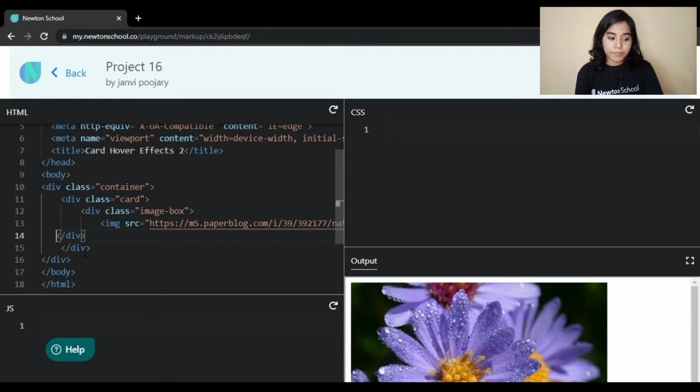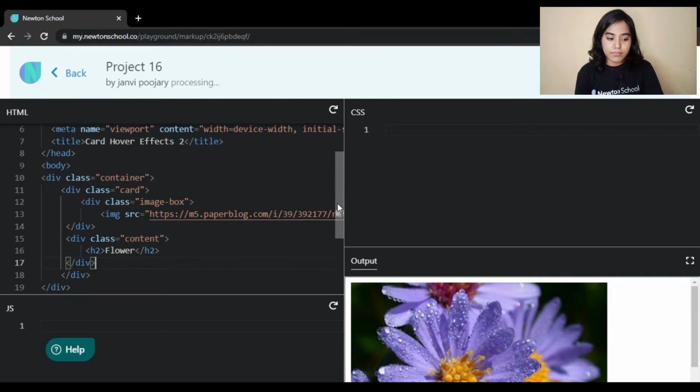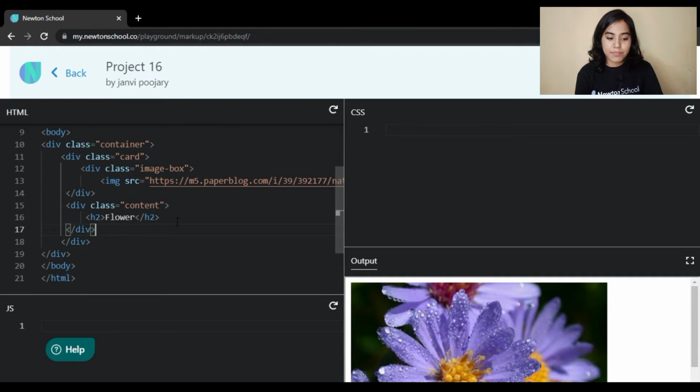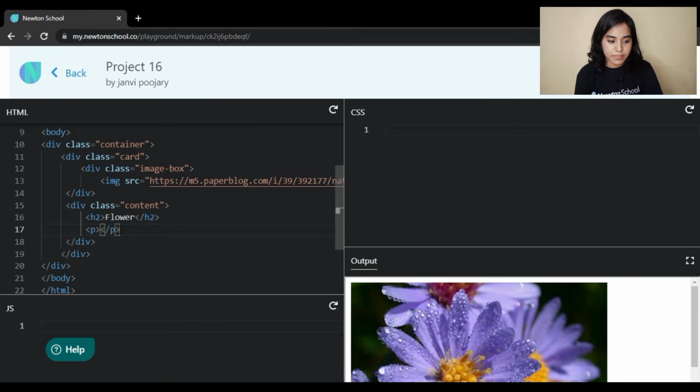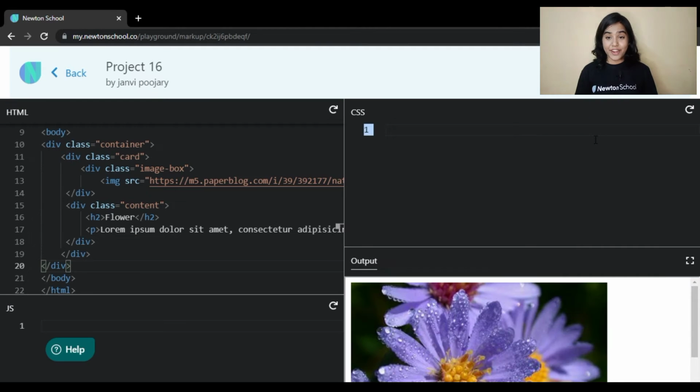I am writing flower in H2, and then in the P tag. So my friends, we are done with the HTML part. Now let's quickly jump into the CSS code.